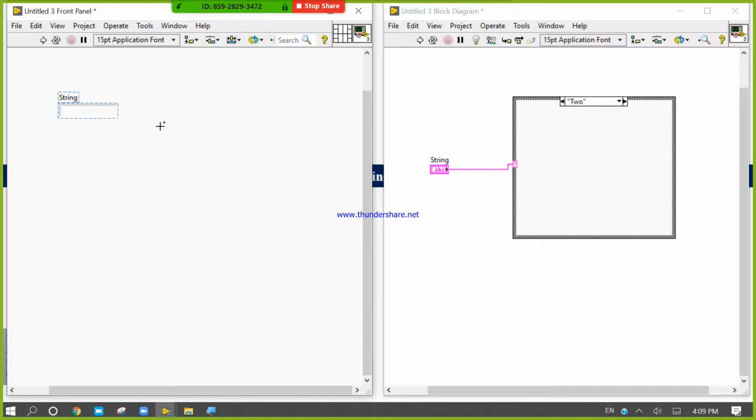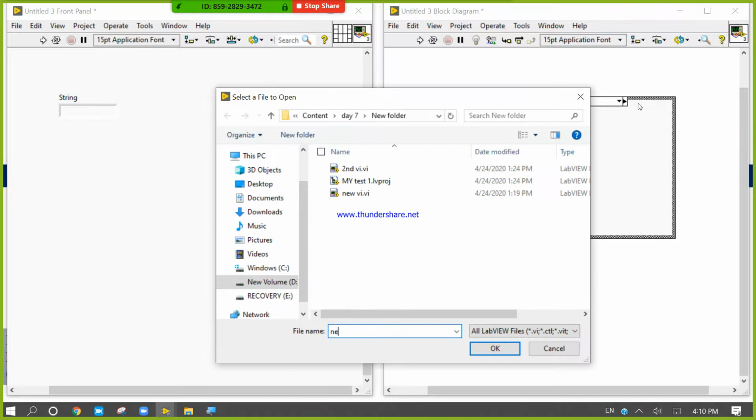But the problem is I have no confidence that the user will write ONE like this. Case sensitivity will give a wrong output, because this is different than this one.